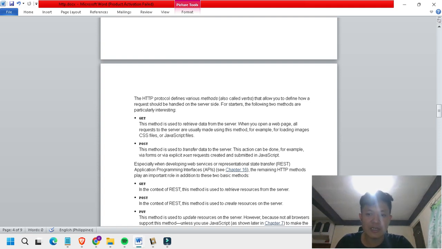With POST, we're basically sending data to the server. The reason for that is security. If we get a resource from a server, it doesn't really change anything on the server, and if we add data to the server, it doesn't really delete a resource. So it's not as risky as deleting.